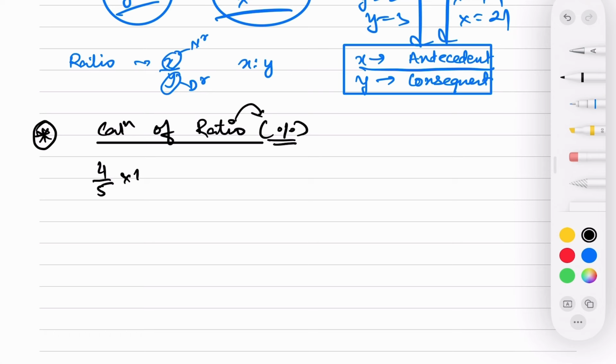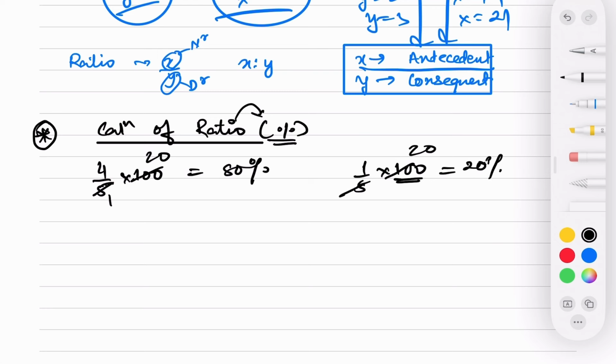You simply multiply by 100. So how much is it? It is 80%. Okay, 1/5 is how much? You just multiply by 100, you get 20%. So 20 plus 80 gives you 100%, right? Like this. Now the second thing is the reverse, calculation of